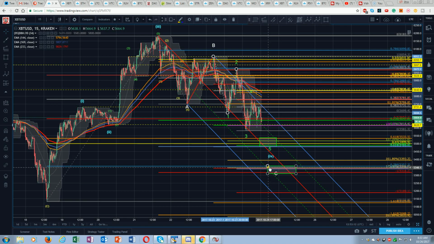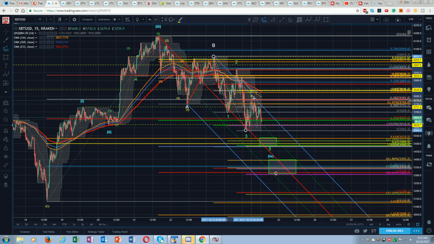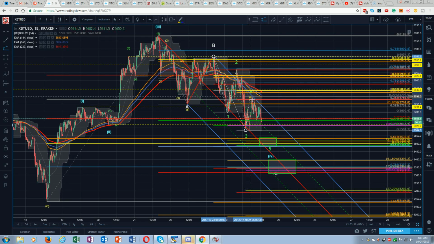So again, I guess we could pull this up a little bit to contain all of that. But you can see we've got a diagonal here with the 4 overlapping the 1. So in a diagonal, we want to also consider the move from the start of the diagonal to the 3rd wave projected from the 4th, as we'll often see a relationship. So if I jiggle this here, you see I put it on the 4, and then we get the 618 right here to reinforce this, and then down here, here's the 100% of this swing that encompasses the 1 and the 3 low from our 4.